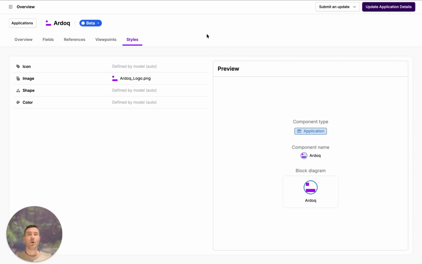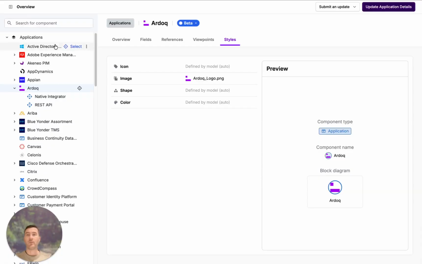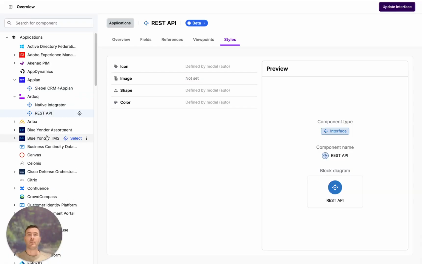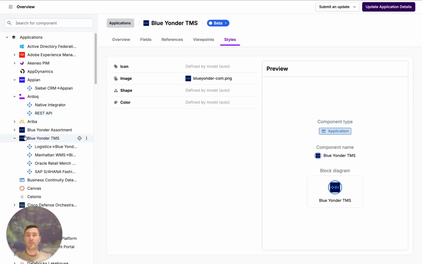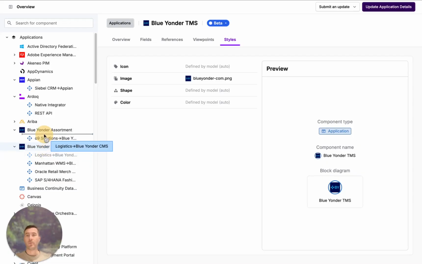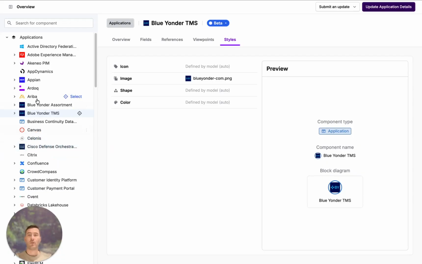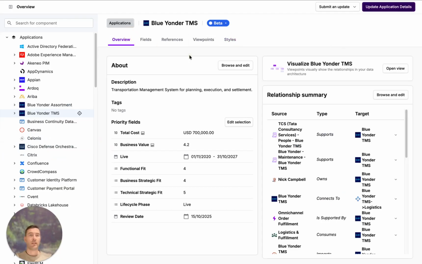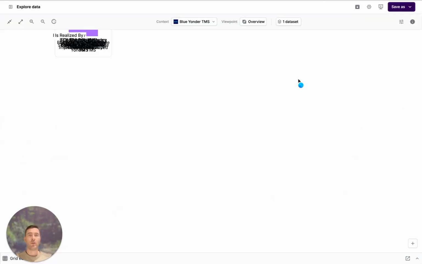But if you're on the component overview page proper, let's call it that, then you have a browser available here as well that you can use to inspect the components in the given workspace. This browser also lets you drag and drop components around to model your hierarchy. Let's go and visualize this so I can show you what it looks like when you open it in the